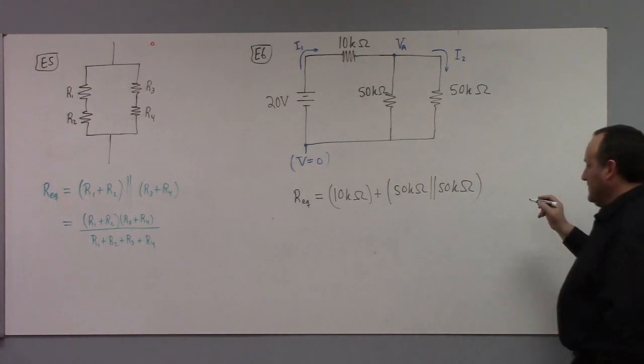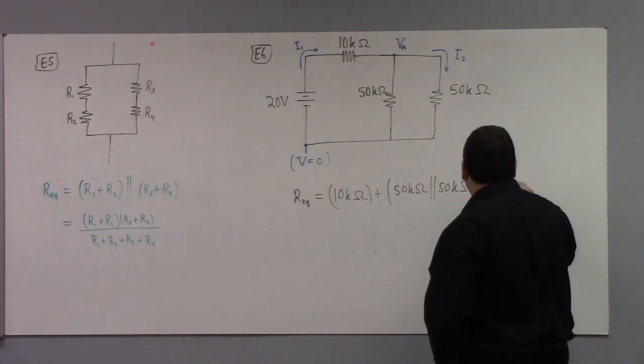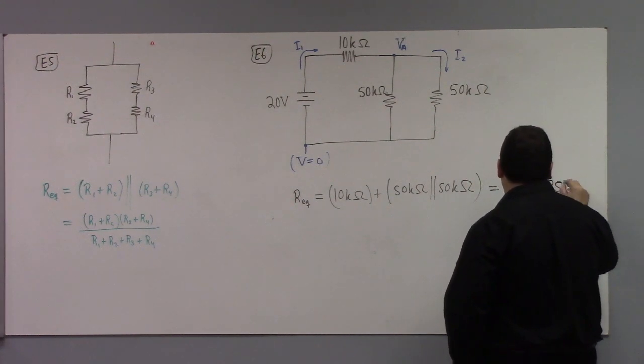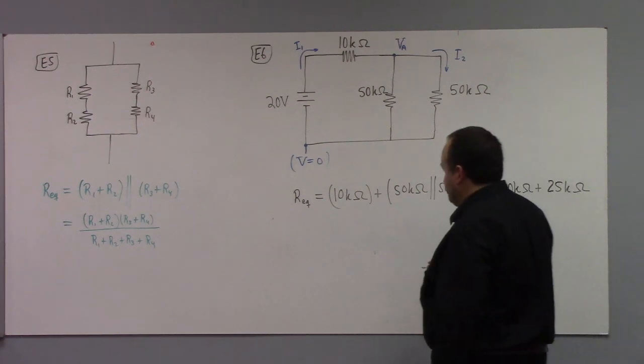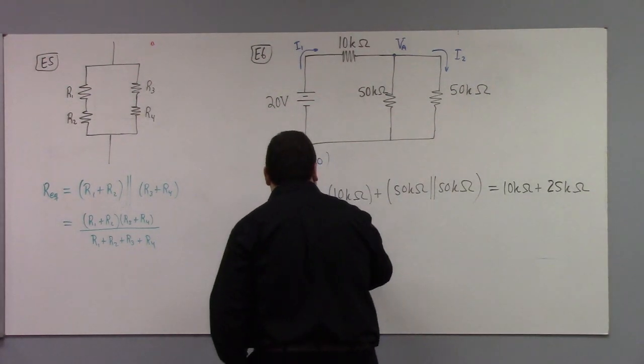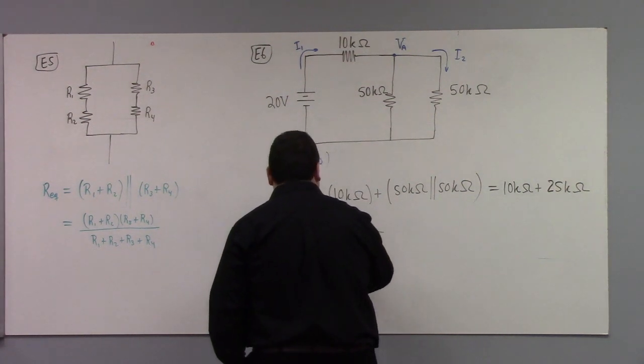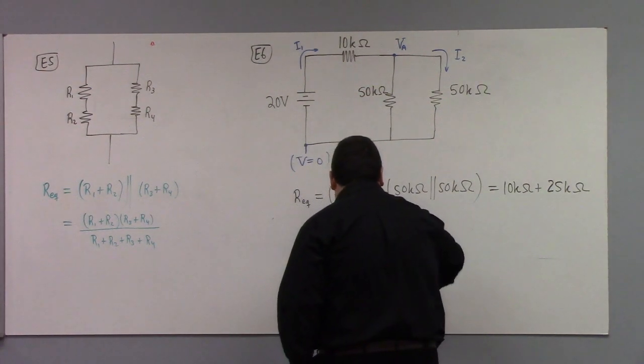Okay. Anyway, so yes, this is 10K ohms plus 25K ohms. So I regret not making the battery 35 volts, but it's okay. It is what it is. So we've got 20 volts here, and our equivalent resistance,